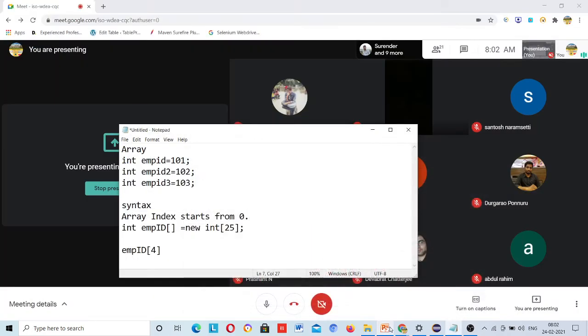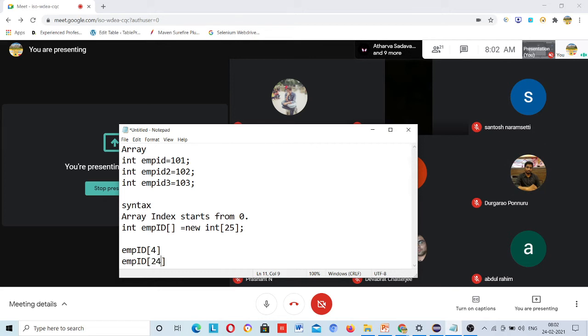Guys, take these screenshots, because these will not be written in your PDF or PPT. I'll be giving this PDF to you, but this will not be written. Please take a screenshot and make your own notes. So suppose I want to get the 25th employee's data, then employeeId, 24 here.